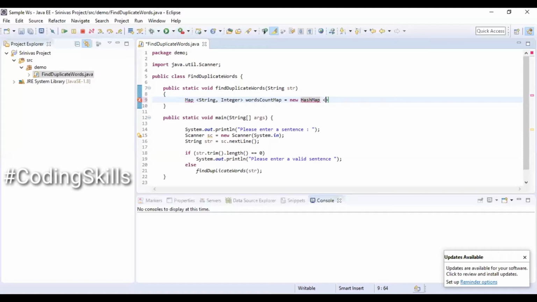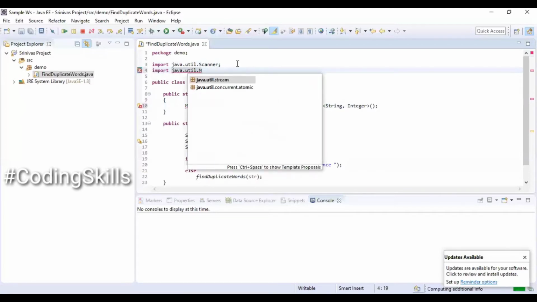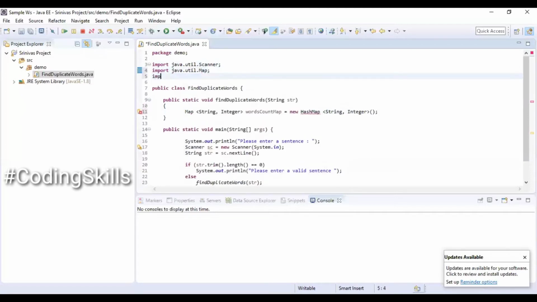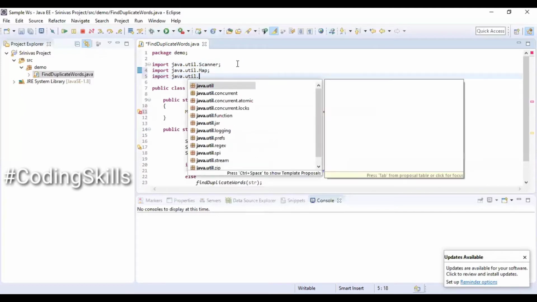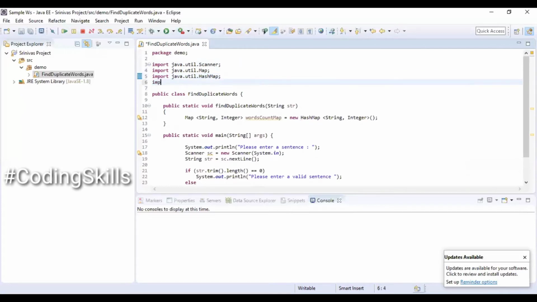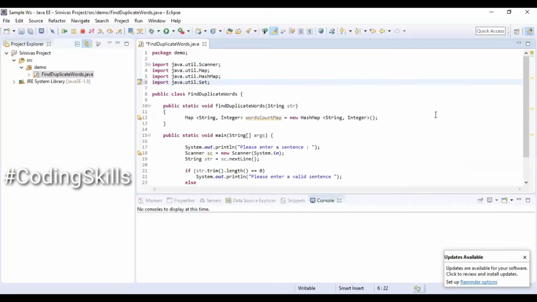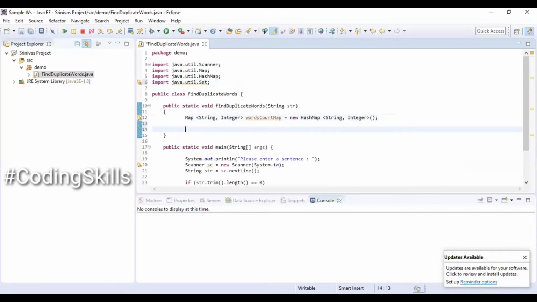The name of this variable will be wordsCountMap. Importing both Map and HashMap from the util package. I am also importing a Set, which is needed at a later stage.